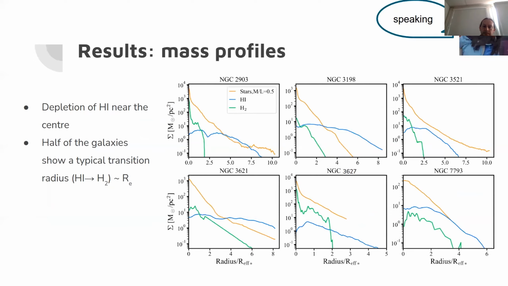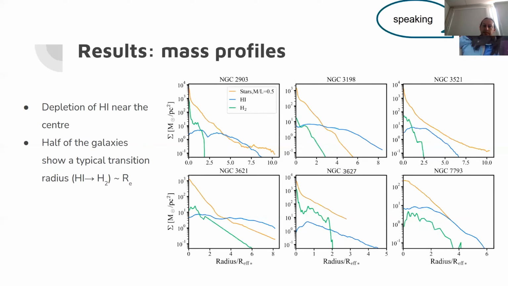We found that for half of our sample, the transition happens at around the effective radius, with the exception of NGC 2903, the first one here, 3627, the middle one in the bottom, and 7793, which is the last plot. For 2903 and 3621, the transition takes place at about double the effective radius,